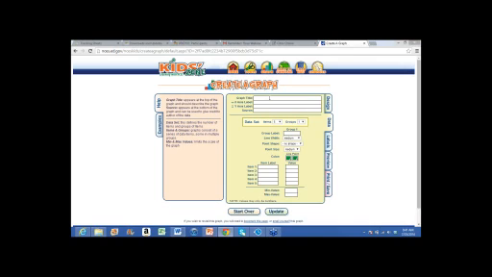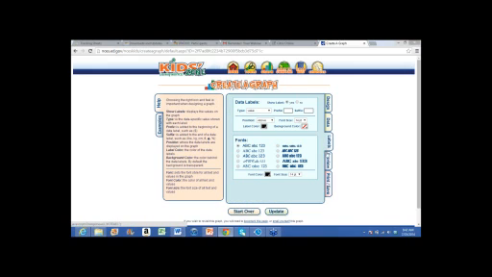So if I want to do G2, down here at the bottom, if I want to do date, up here if I want to do number of targets. So I'm going to graph every week the number of targets that they've mastered. And eventually it's going to be 100, so my max value will need to be 100.